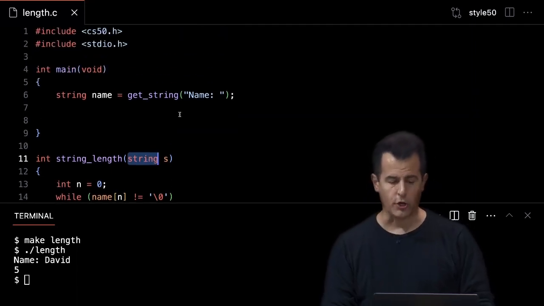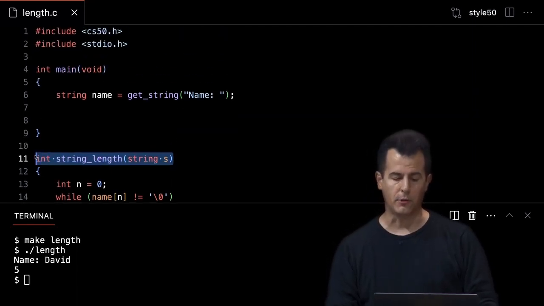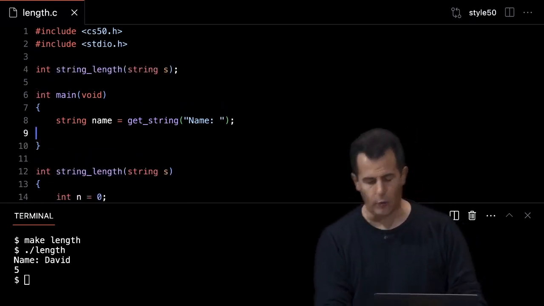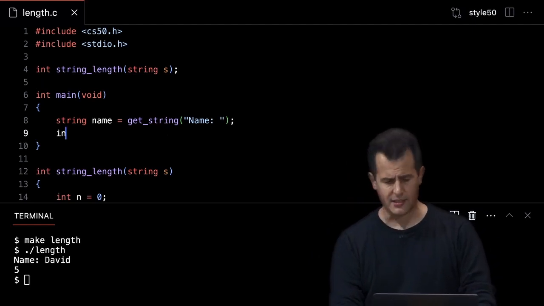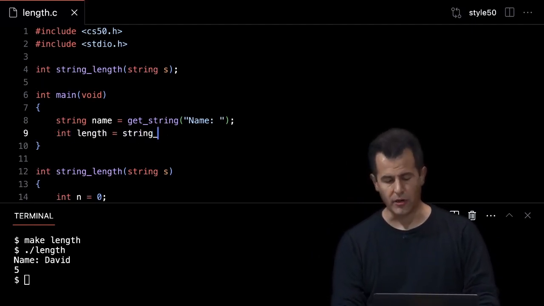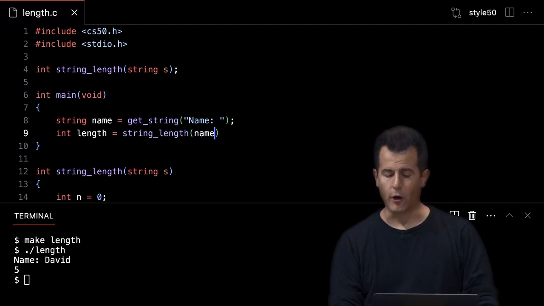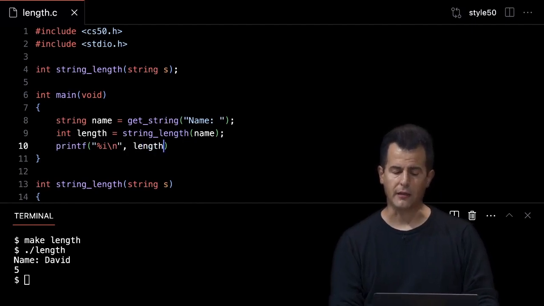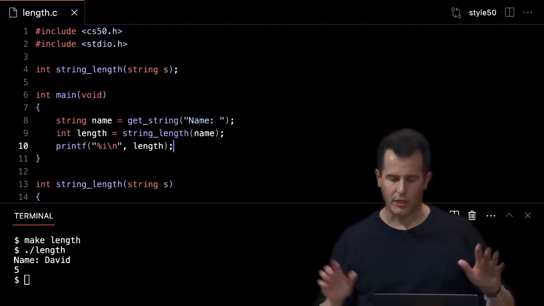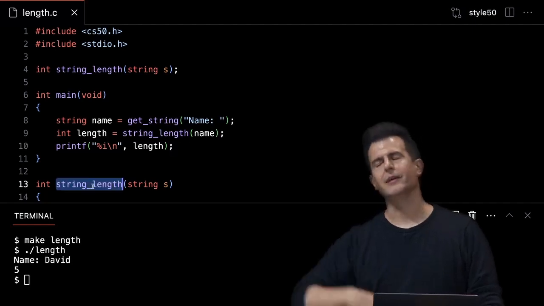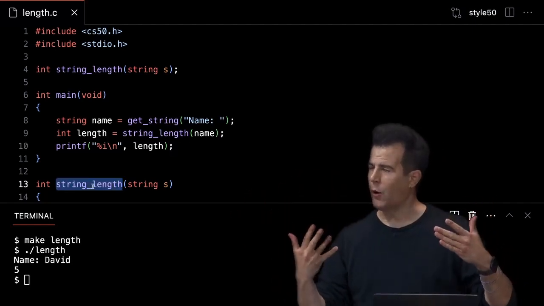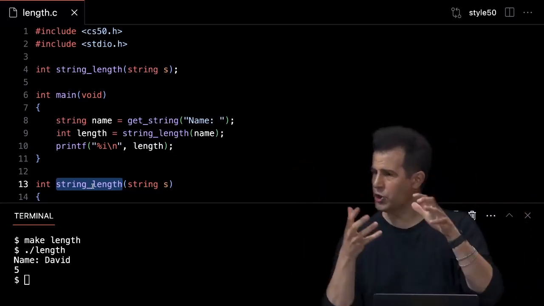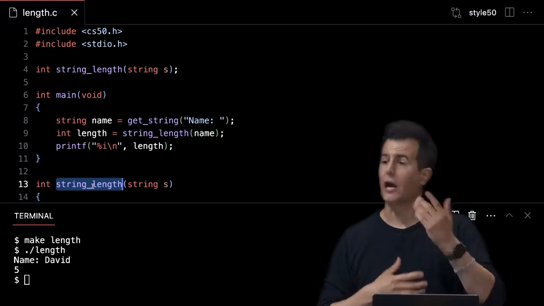How do I use this? Well, first, I do need to copy the prototype so I don't get into trouble as before, semicolon. And then in my main function, what I think I can do now is something like this. I can do int length equals string_length of the name variable that was just typed in. And now using printf, %i, print out length, semicolon. So exact same logic. The only thing I've done that's different this time is I've added a helper function just to demonstrate how I can take some pretty basic functionality, find the length of a string, and modularize it into a function, abstract it away, so I never again have to copy paste that loop.